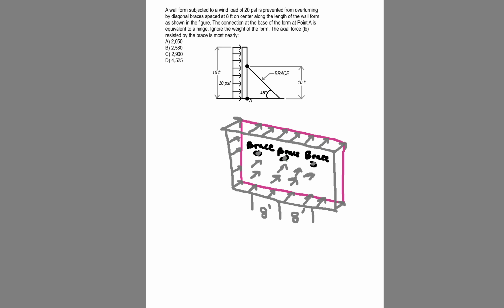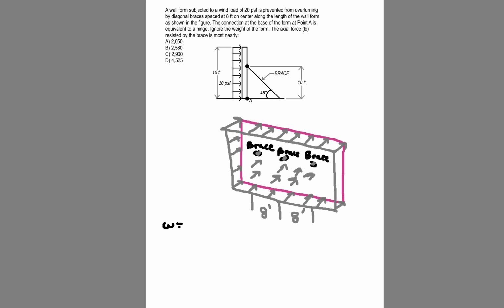To figure that out, we'd have to say, well, this 20 psf force is acting over the full height of the wall, and the tributary width that it's acting is every 8 feet, right? So the load W would be equal to, let's just write this out here,